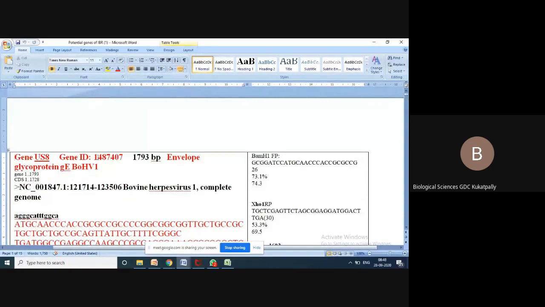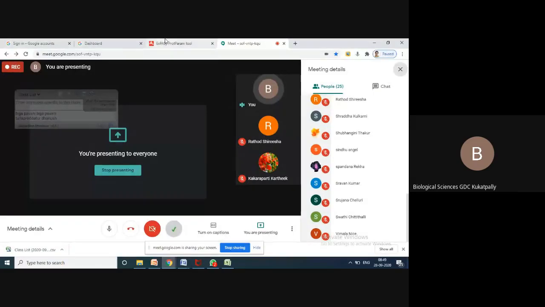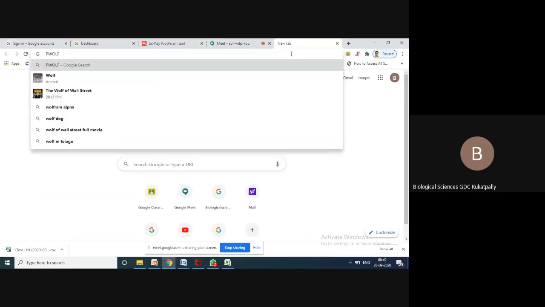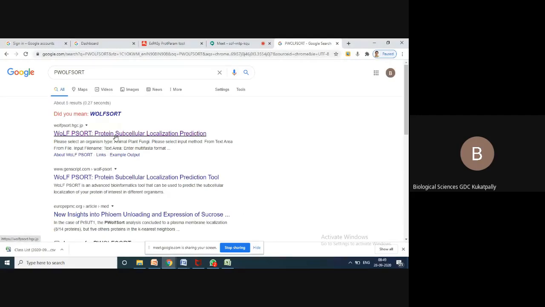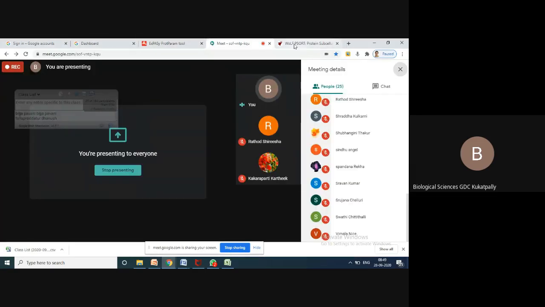So what you have to do, you have to take those amino acid sequences, put them in ExPASy, as well as two tools you have to use. You have to use ExPASy and you have to use PSORT. PSORT you have to use, and with this site you will be able to predict your subcellular localization. Means it is just prediction. We are not doing any experiment, but it is predicting with some probability. It will predict. So this you have to do.